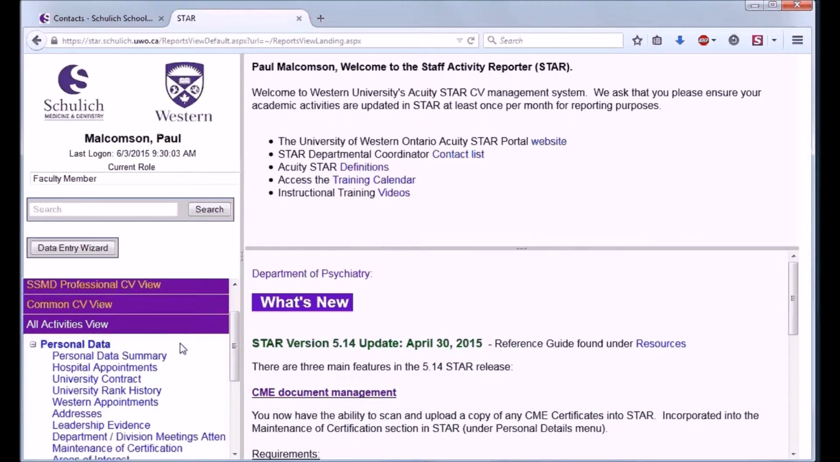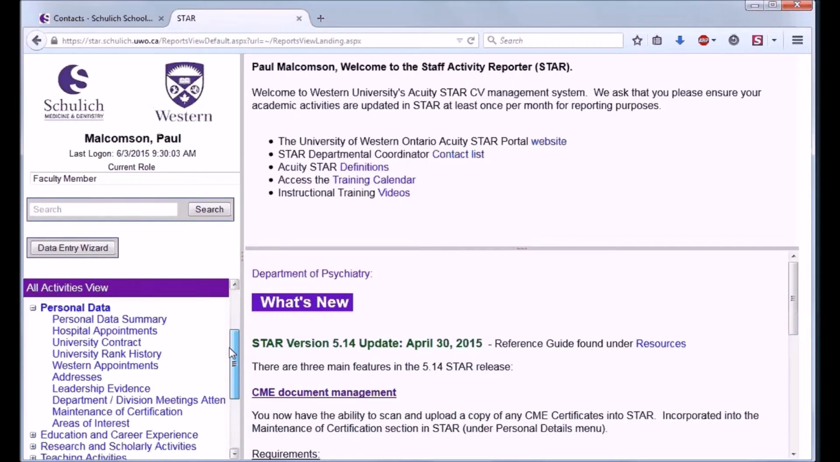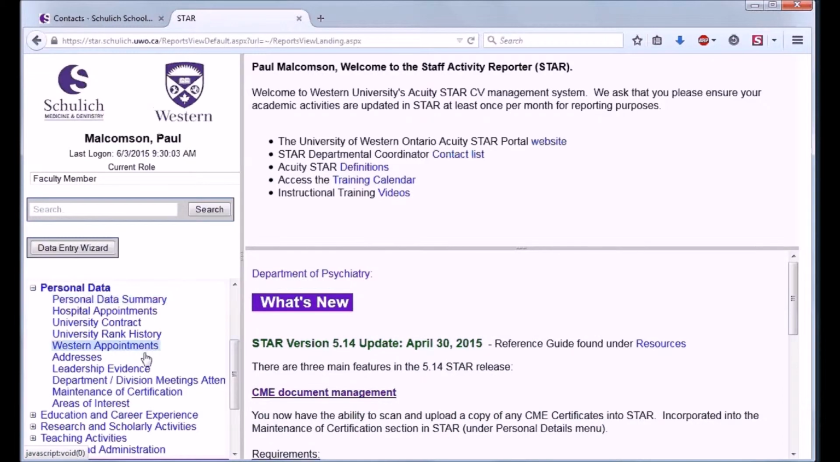If I were to click on personal data, the menu opens, and you'll see that there are a series of screens that have been grouped together to make up the personal data. And this is basically who you are: your background, where you work, your cross appointment, your primary appointment, your office address, your maintenance of certification. So that would be for your licensing college, where you can record your continuing credits, your MOCOMP or your MainPort